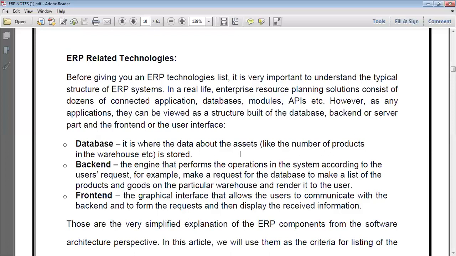Next, back end: the engine that performs the operations in the system according to the user's request. For example, make a request to the database to make a list of the products and goods in the particular warehouses, and render it to the users. So these are back end systems, back end and front end.